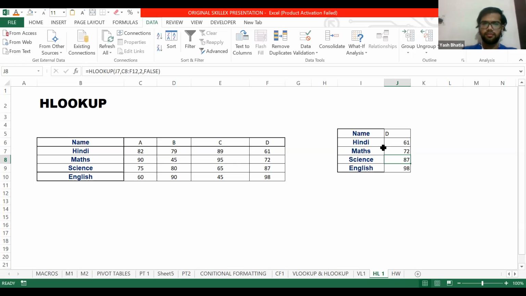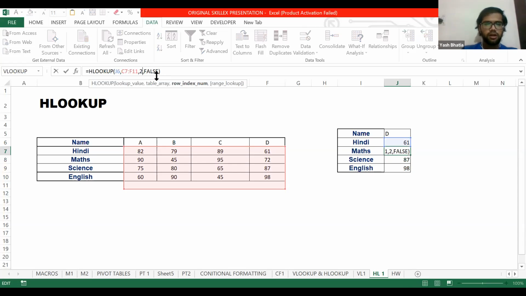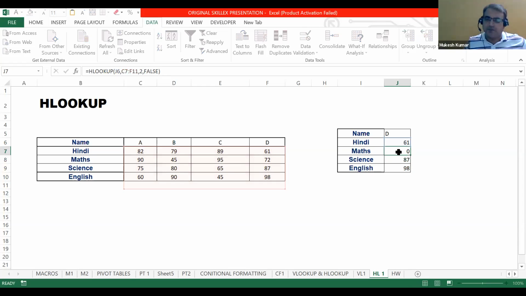So when we apply HLOOKUP here, in J7 we wrote 2, right? That is the row reference number. But when we copied it downward, why didn't we have to make it 3, 4, 5? Okay, I get it. Let me do it. I don't think it's... Just a second.